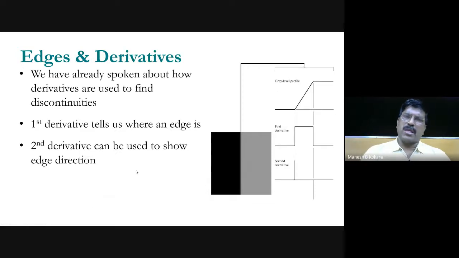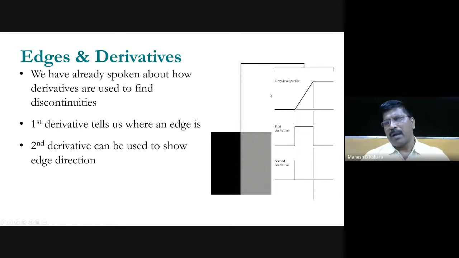Yesterday we talked about how to take the derivative of the edge profile, for the first order derivative as well as the second order derivative. Now we'll see the actual masks which are formed with the help of first order and second order derivatives. You know that edges are detected by taking the derivative, whereas noise is removed by using integration, or by using a low pass filter. So derivative is equivalent to a high pass filter, and we have already spoken about how derivatives are used to find discontinuities.